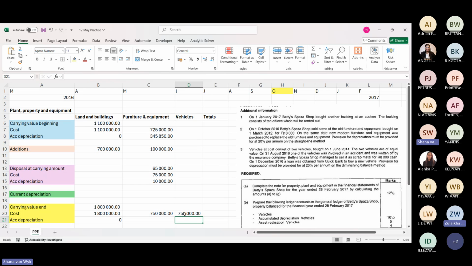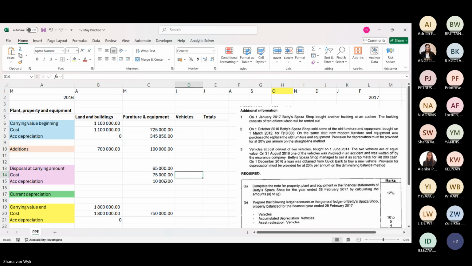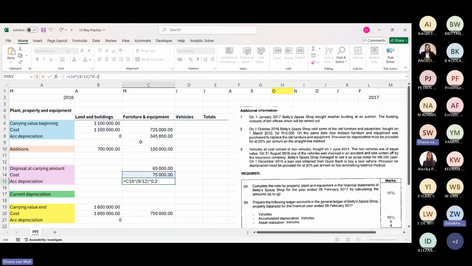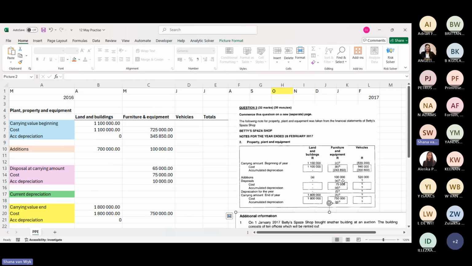Shana, sorry, I was just busy with the accumulated depreciation cost. The one you filled in is wrong. This one, for furniture and equipment. It's 243,850. On the page, cost? I'm talking about what you pre-filled in, you typed it in wrong. Oh, sorry, it's 243,850. Shauna, wait, you're making us all mixed up with the way you're starting.